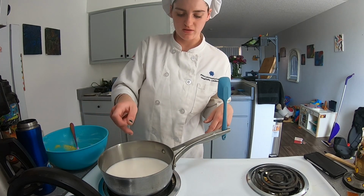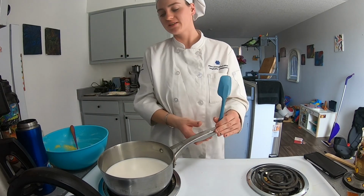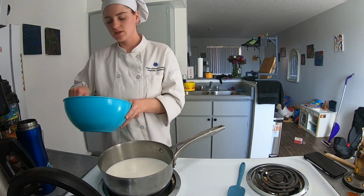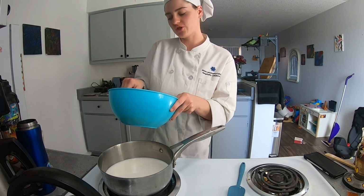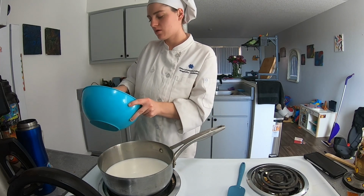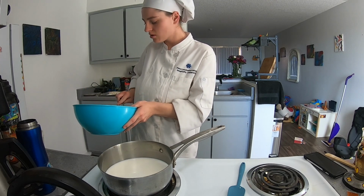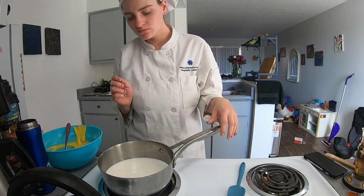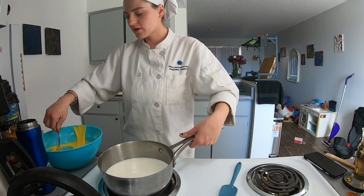Alrighty, let's check. That's very close. Let's just turn up the heat a little bit. But since it's very close to boil, we're gonna just keep this going real quick. Look at how pretty that is, though. That's gonna turn into such a gorgeous pastry cream. I'm very excited. I see some bubble formation, so we're gonna just go ahead and